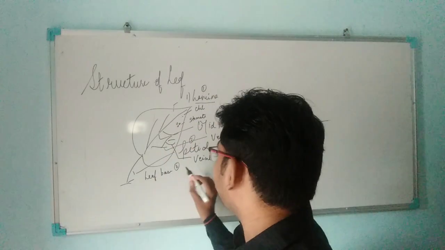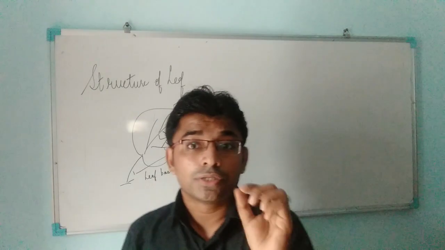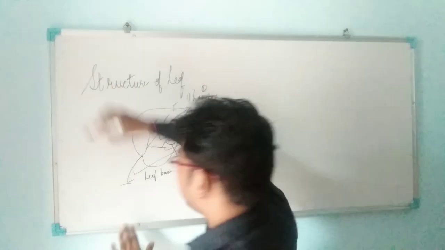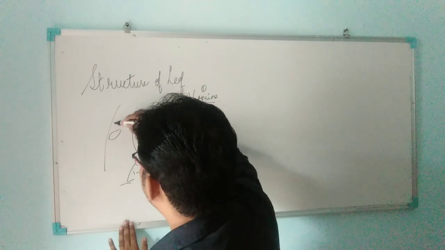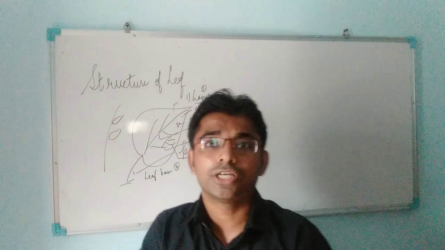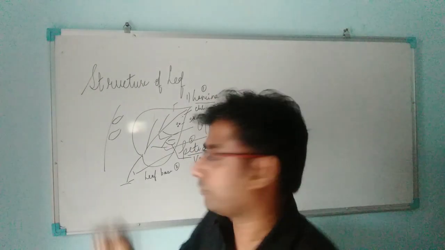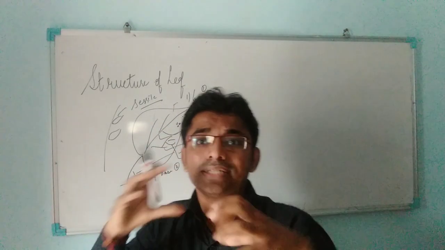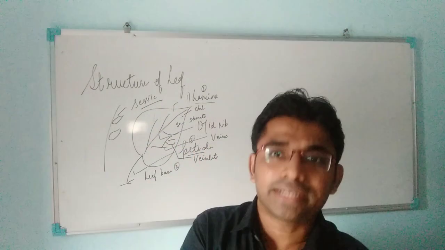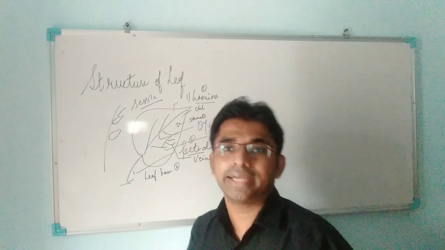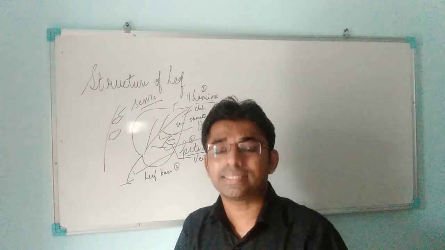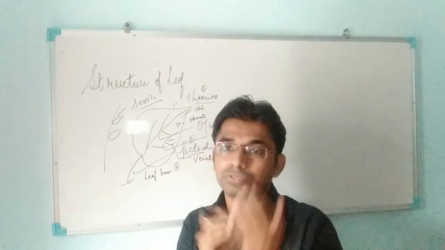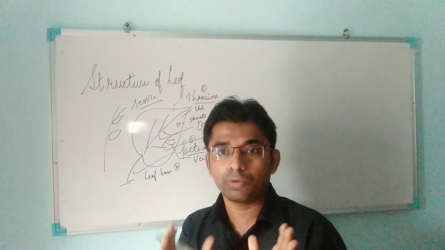Now after the lamina I will explain the petiole. In some plants the petiole is not there. Directly the leaves are attached to the branch like this. Such leaves are called sessile leaves. The leaf without the petiole is called a sessile leaf. And in some plants there is a petiole and the leaf is attached to it; such a leaf is called a petiolated leaf. So petiolated leaf means a leaf with the petiole, and sessile leaf means the leaf is without the petiole. Is that clear? I hope it is clear.